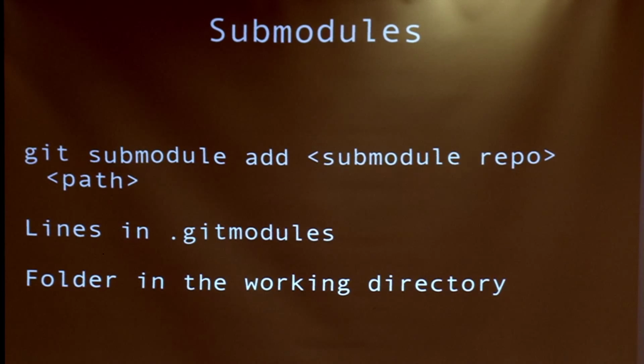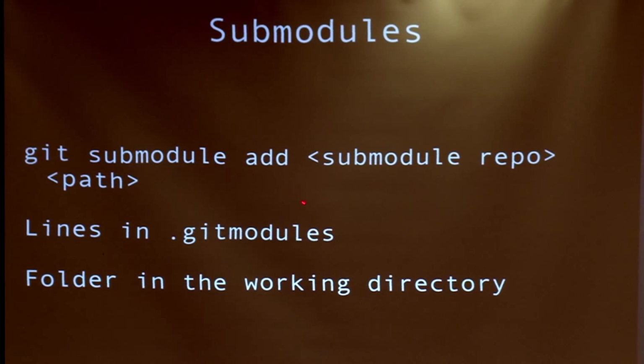So let's take a look at the submodules. That's a way to incorporate another repository in your repository, and it's very useful when you, for example, have 10 plugins that you're developing or you're just using, and you want to put them in different projects, and you want to easily update them, change them, and so on. So what you can do is git submodule add.